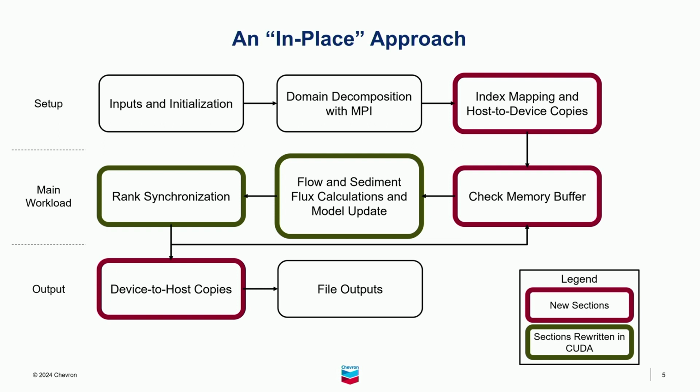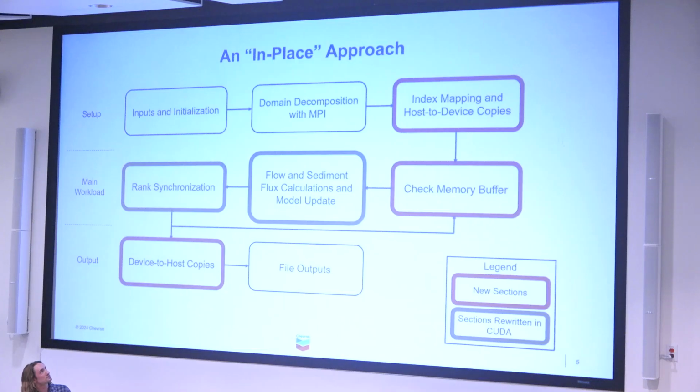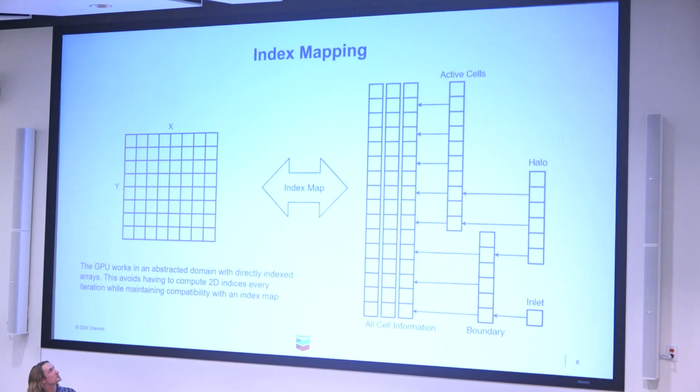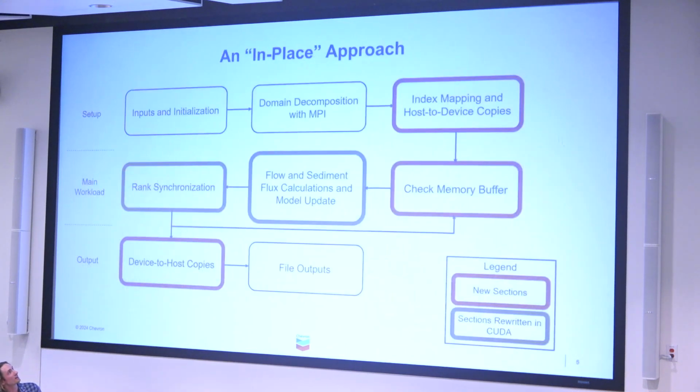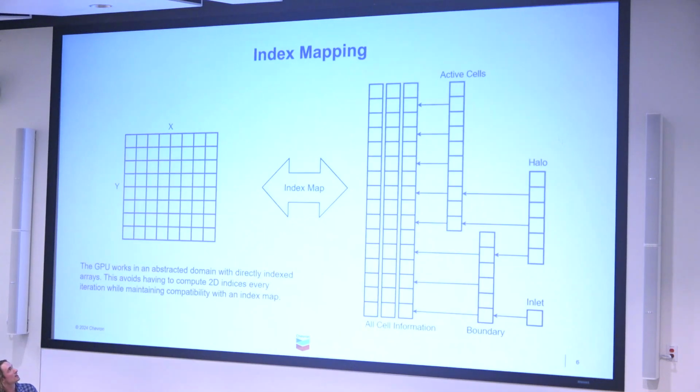So the first challenge that we ran into when doing these host to device copies is that we wanted to keep this domain decomposition the same. And we also wanted to keep the CPU data structures the same, because that allows us to have a lot more flexibility in swapping these different versions out for one another. So in order to accomplish that, we had to do some index mapping and decompose the CPU data structures into more abstract data structures on the GPU. At the very start there, you can see in this index mapping, we generate an index map that converts these 2D Cartesian data structures on the CPU code to more linear, directly indexed